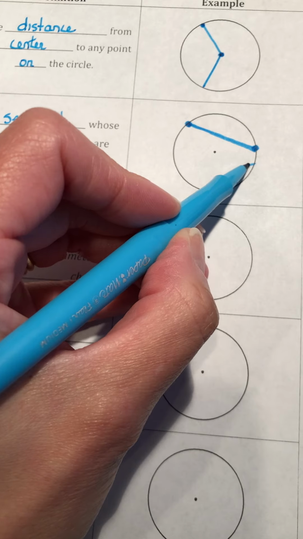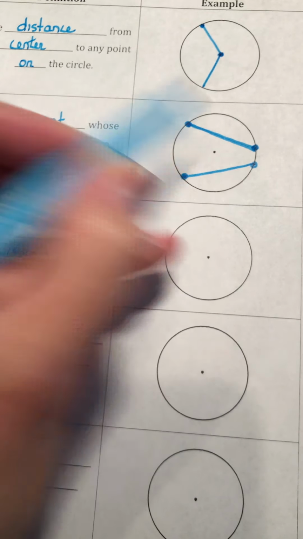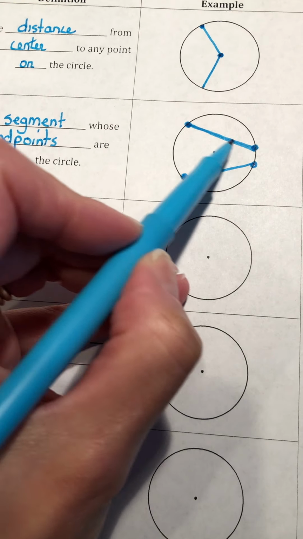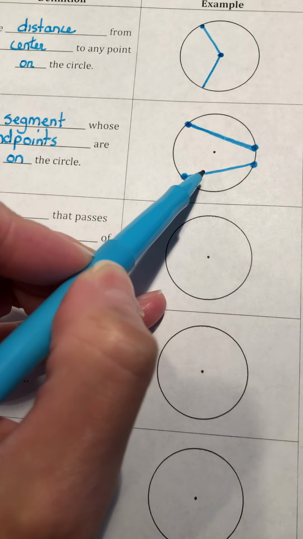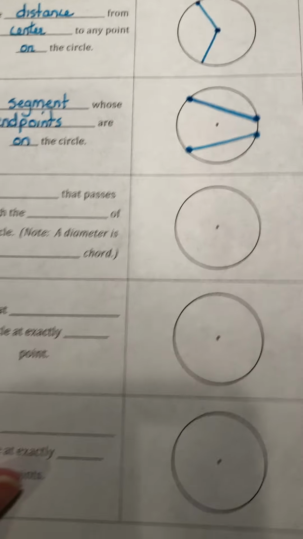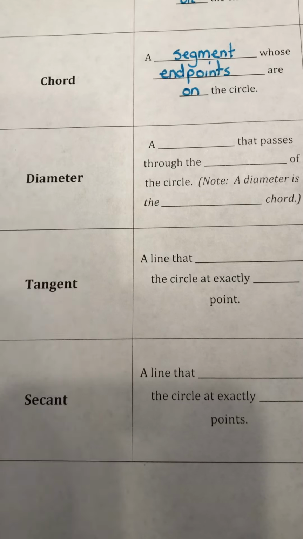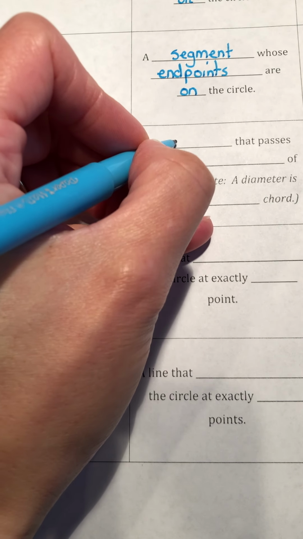Here's another example of a chord. The key feature of the chord is that the entire segment is inside the circle, okay? So example of a chord. Okay, now, you're probably familiar with a diameter, okay? A diameter is really technically a chord,